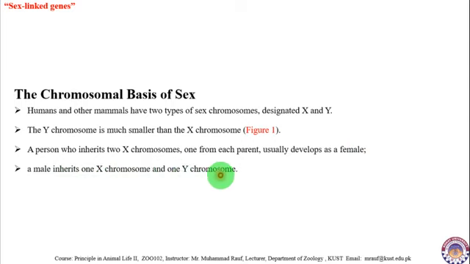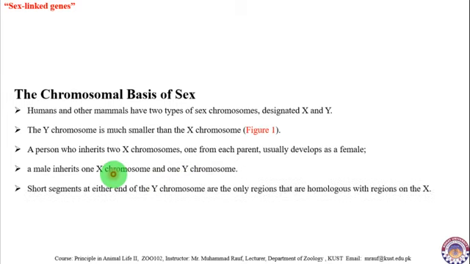The male will always inherit the Y chromosome from the father and the X chromosome from the mother. Short segments at either end of the Y chromosome are the only regions that are homologous with regions on the